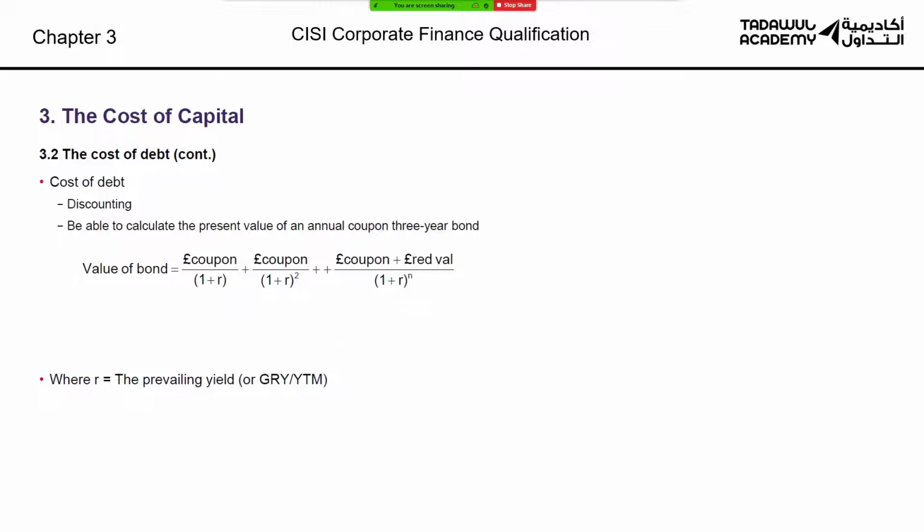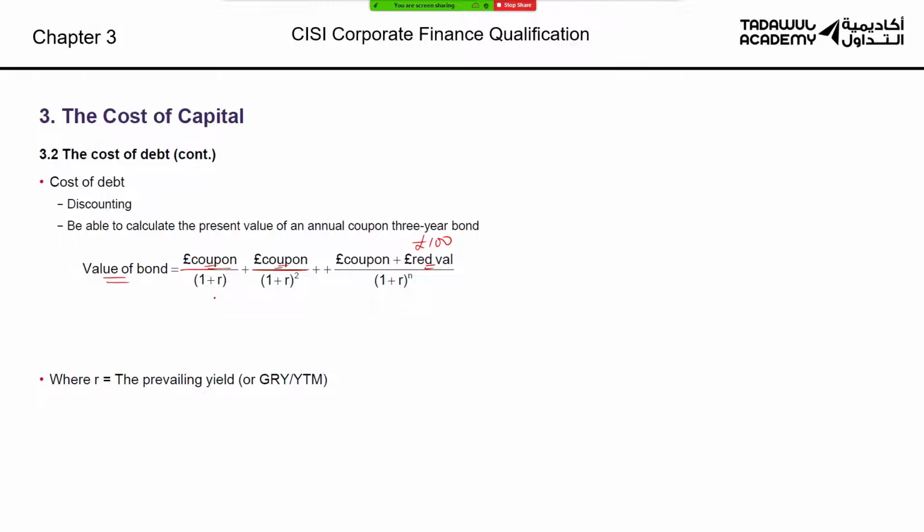A bond is made up of multiple cash flows in the future. So for you to arrive at a price of a bond, you just have to add the present value of these future cash flows, discounted. It's very easy. We covered this before. The value of a bond, the fair price of that bond, is you add the coupons throughout the years, and at the final year, you add the redemption value, which by default should be £100 unless otherwise indicated by CISI. But every year, you should discount that cash flow coming in.